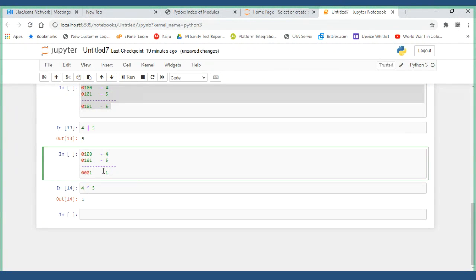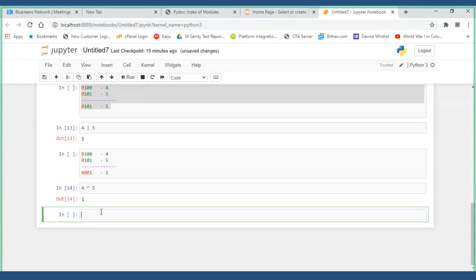Now complement is also there, which we are not going to use at any point of time. What it will do is, if you say complement of 5, it means negation of 5. So what is the Boolean value of 100? Okay, 20 I will give.